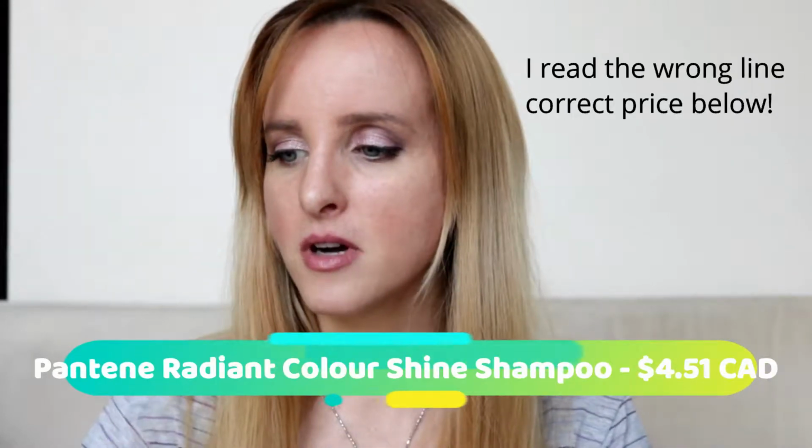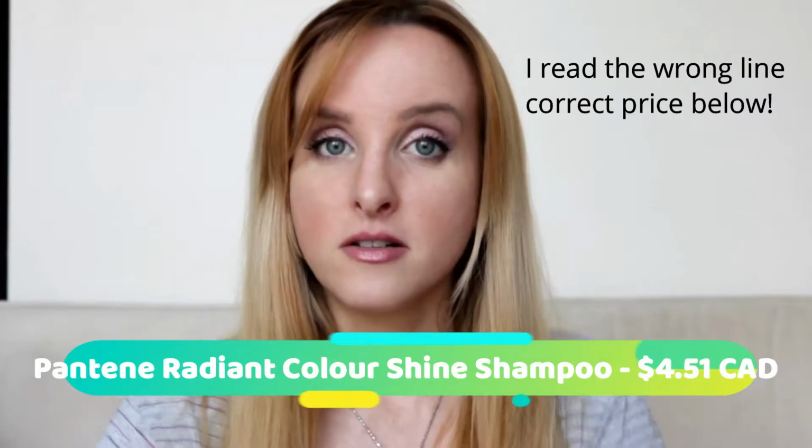Unfortunately, I think just with the red hair dye, it would have taken a miracle to keep the color the same as when it was first dyed. So that shampoo cost $5.64. So a couple other things that I bought when I was at Shoppers Drug Mart is the Neutrogena Hydro